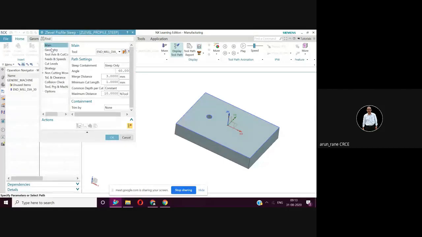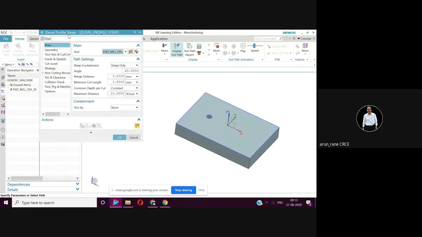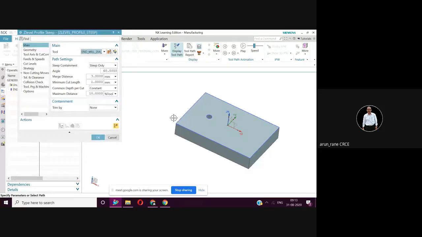Now this window will pop up. You have various operations here: main, geometry, tool axis, etc. Let's see whether the tool is correct. Yes, end mill dia 30, that is correct. Let me move this here.